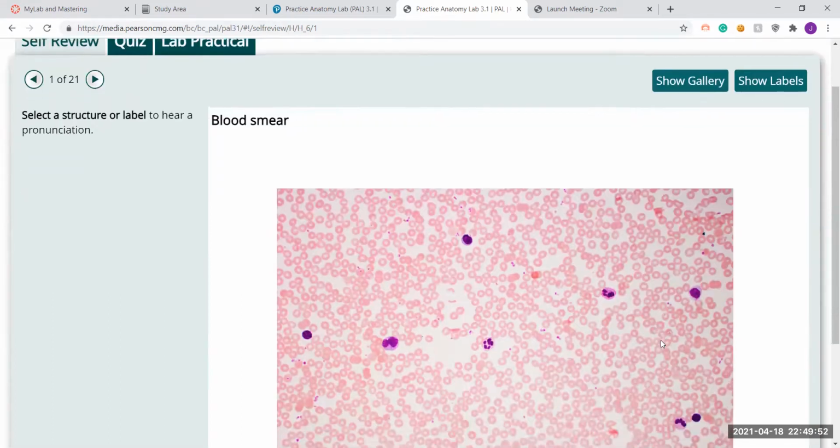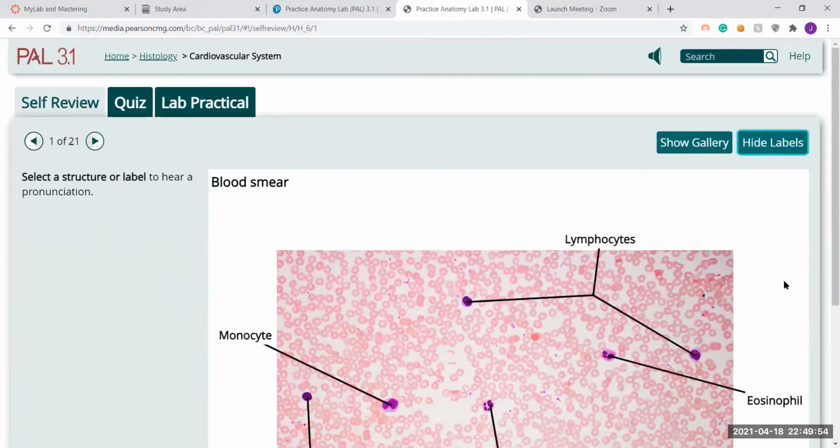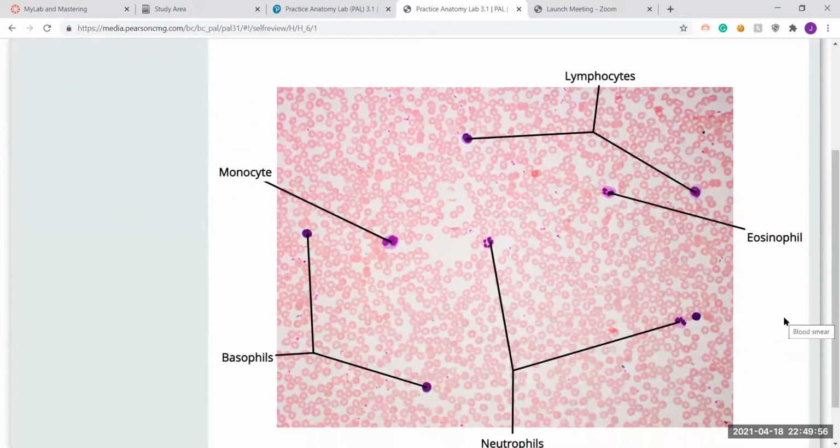And as we have gone over the composition of blood, blood has the liquid portion we call plasma, and the cellular component, formed elements, which are the blood cells. So blood has plasma. You can see all the clear area is full of plasma, and these all are the